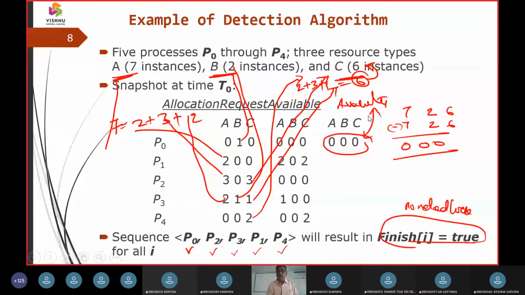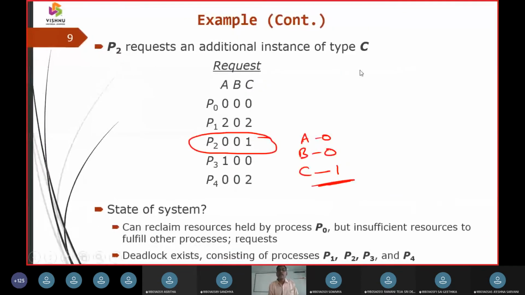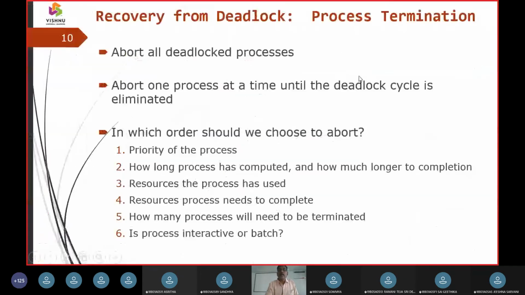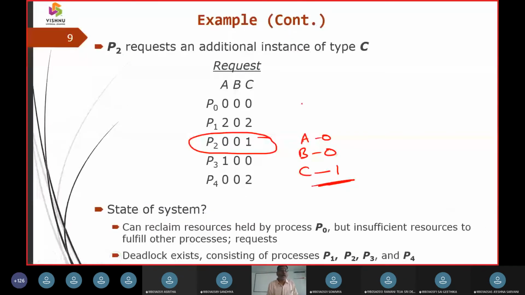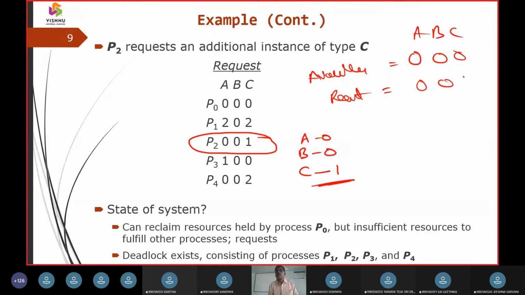Now what is the availability here? The availability was 0, 0, 0 for A, B, and C, and now the request was 0, 0, 1. So what is the formula here?